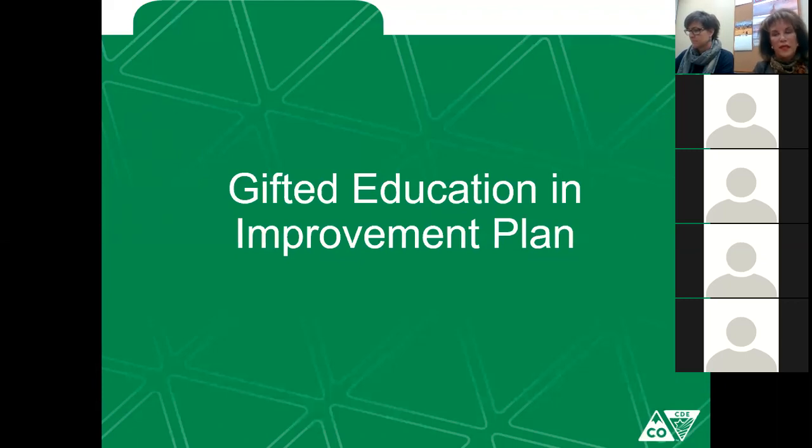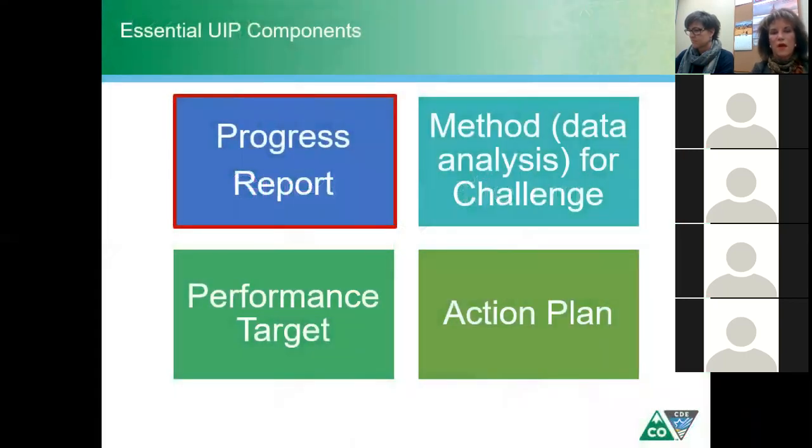The other thing I can highlight at this point in regard to ECA and implementation of that particular provision is that it is called out that we need to have particular areas of responsibility in the UIP. And you have them summarized or described here on this slide. There are 4, I call them the big buckets, that need to be addressed for the provisions of accountability for gifted students in the UIP.